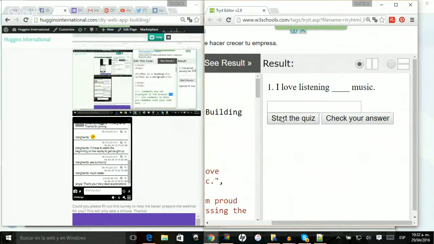So now, I love listening, and this is a fill in the blank exercise. Just to make a mistake, I'm going to type in "at": I love listening at music. I'm going to check my answer, and it should be wrong. So this is another function that is going to